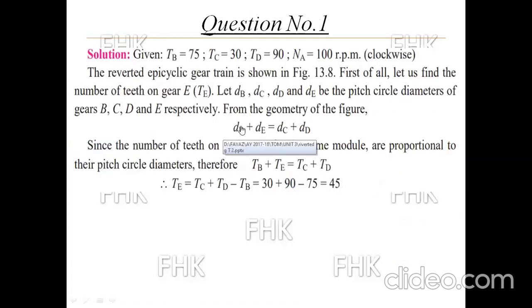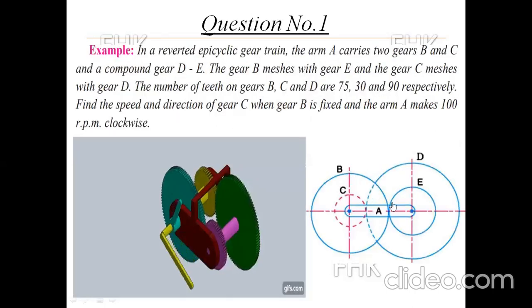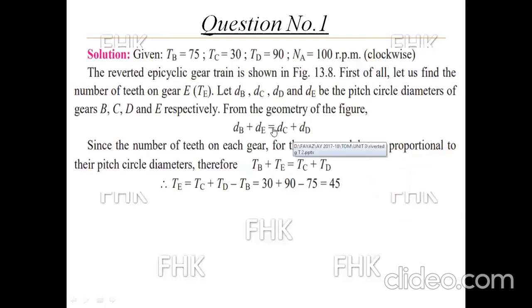So instead of writing in terms of pitch circle radius, the formula is written in terms of pitch circle diameter: dB plus dE, or RB plus RE, is equal to RD plus RC. So from this equation, since the number of teeth on each gear for the same module are proportional to the pitch circle diameter,